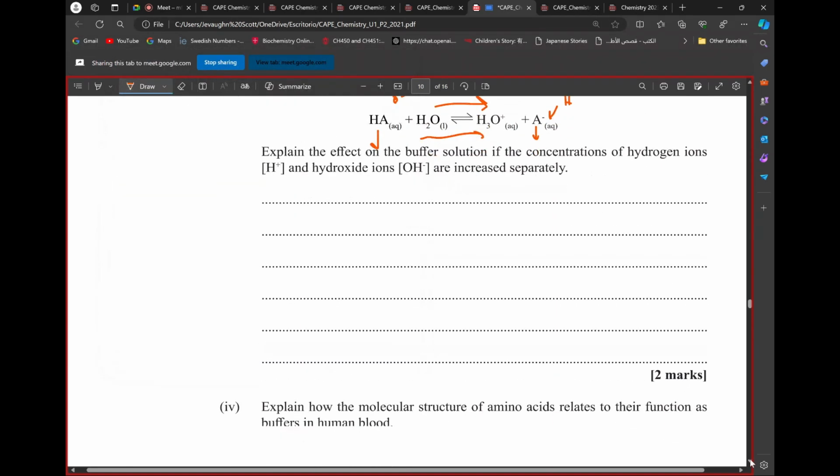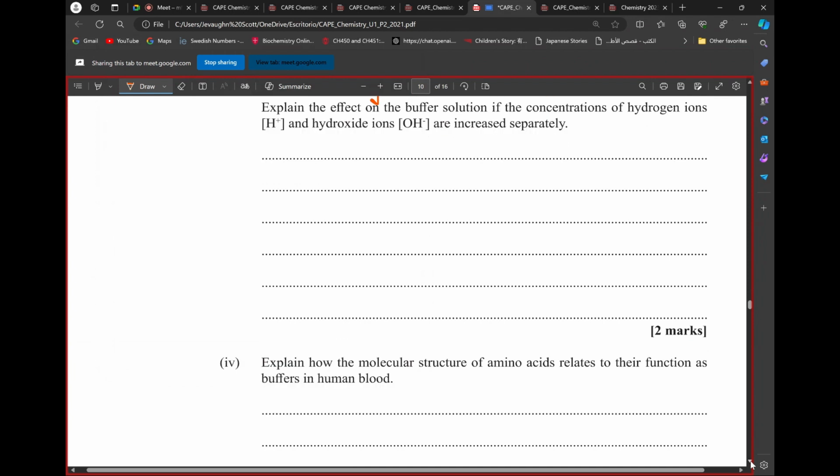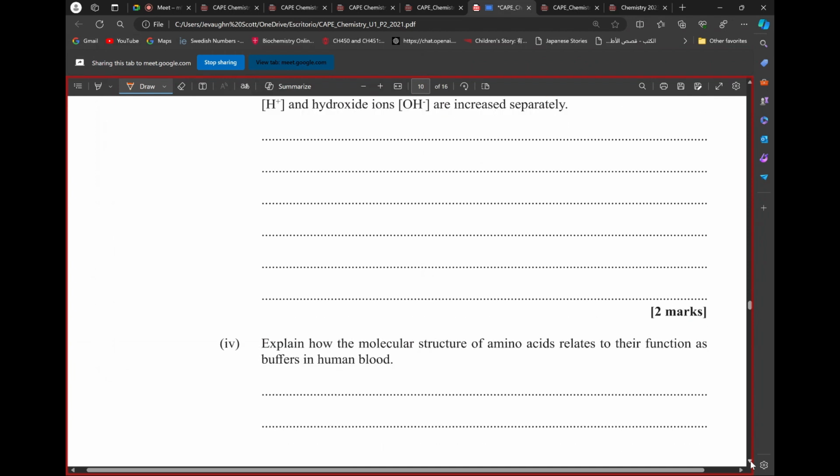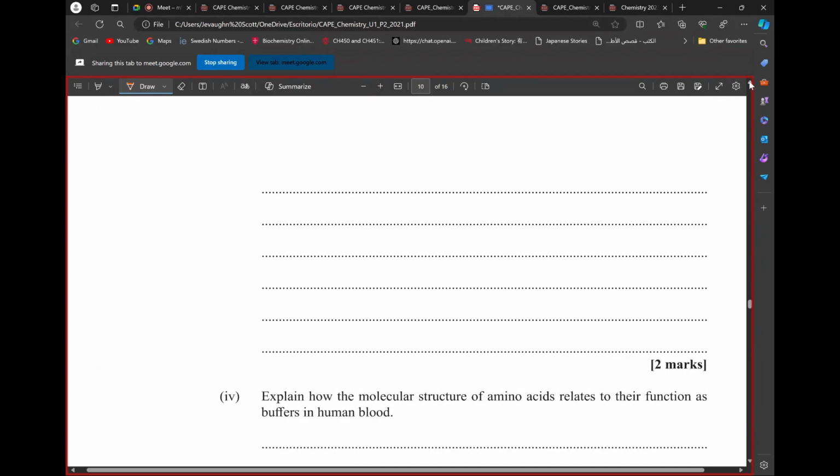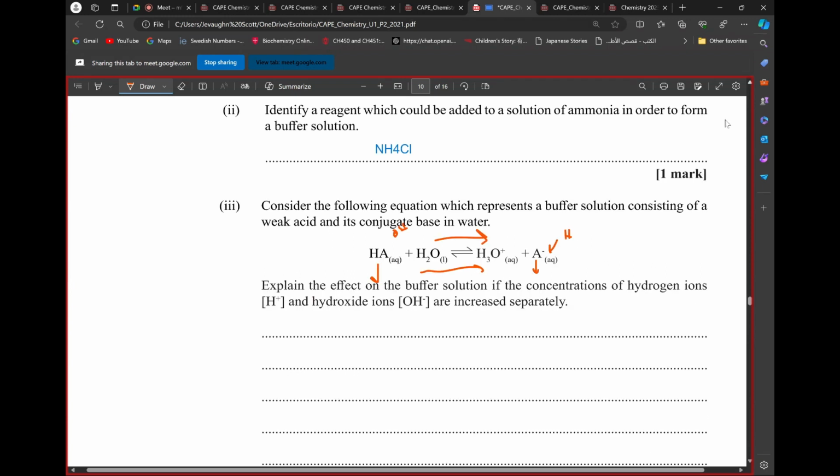Yes, why it's not moving. Explain how the molecular structure... hydrogen ions equilibrium. Well, the same thing with hydrogen ions. Sir, if we say that the hydronium or hydroxonium ion equilibrium, if we say that that concentration will increase,